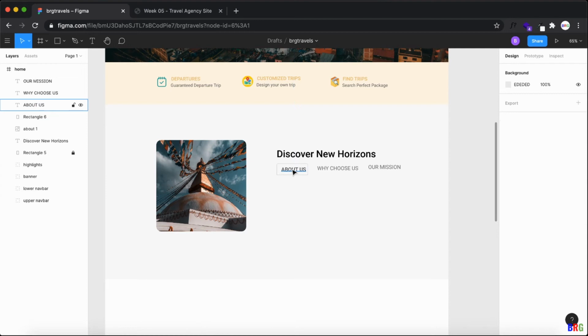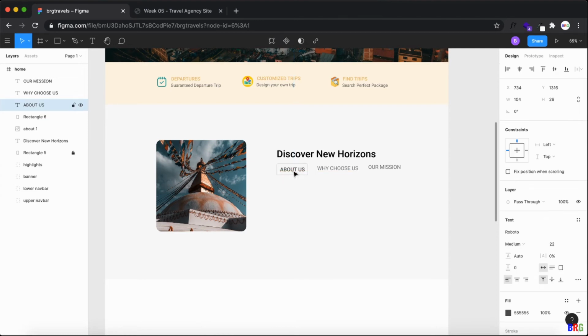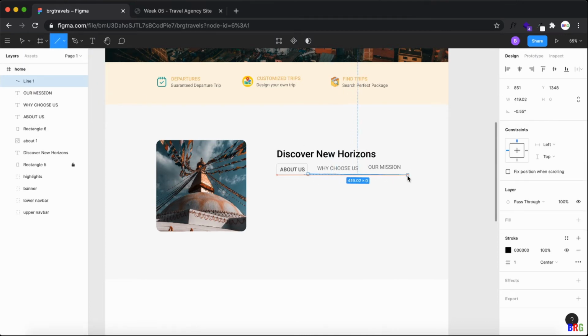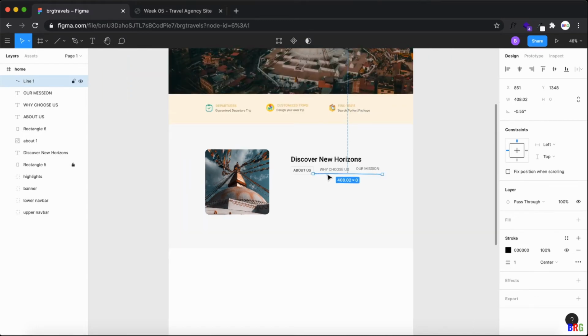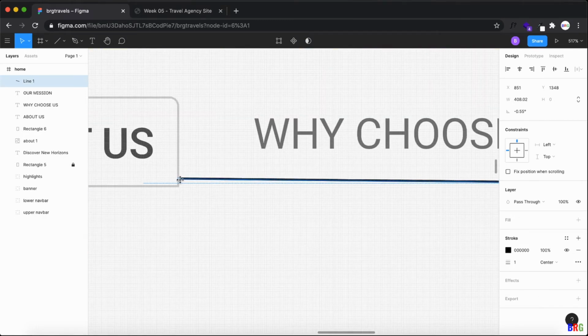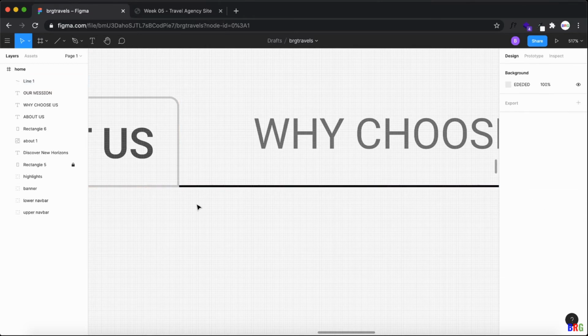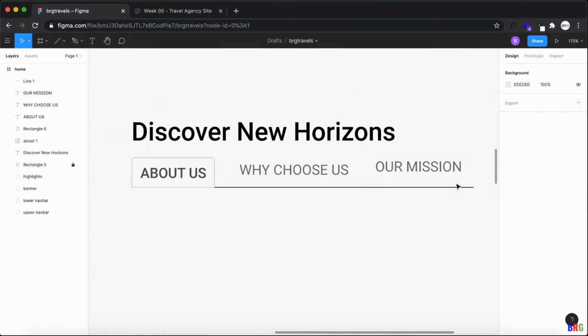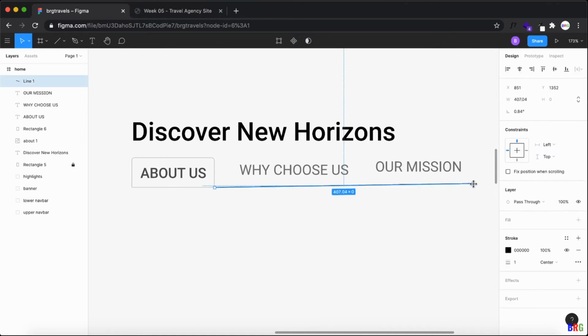Okay, now you can see we have why choose us and about us. Okay, now a bit to the left side, yeah, and one line you can show it here. Just zoom in. Okay, start from here. Okay, and make it this way.